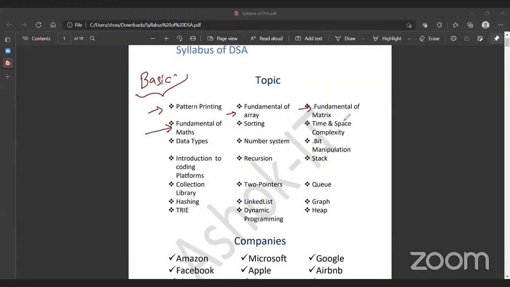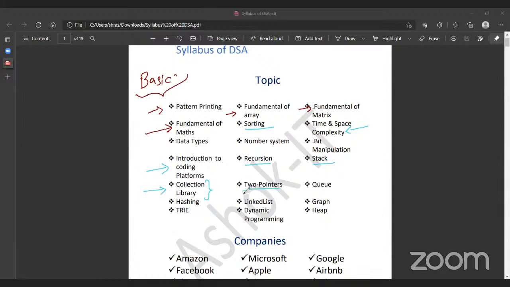These are some of the topics which we also cover in the free sessions that we are going to give from Monday to Thursday. And as soon as the batches start, topics like sorting, time and space complexity, one of the very important aspects of DSA. We will also introduce you to the coding platforms, as I said, how to actually write your code and run it on those coding platforms. Recursion, stack, collection library: as I told you, if any collections are required from Java, I'll cover them first and then we'll give you the questions on that.